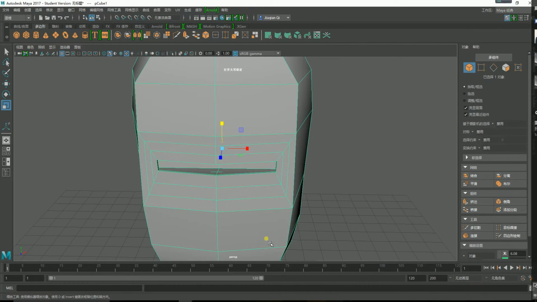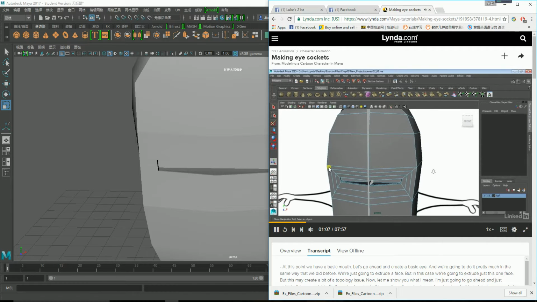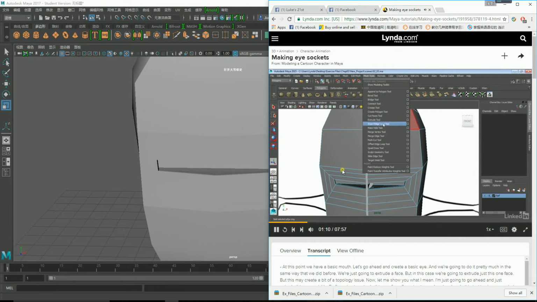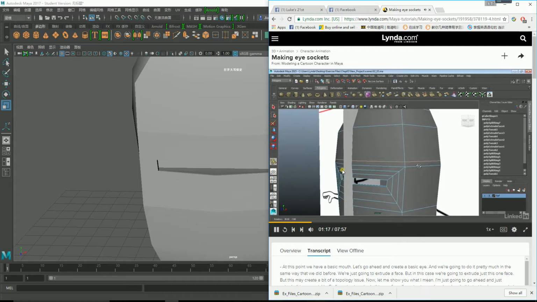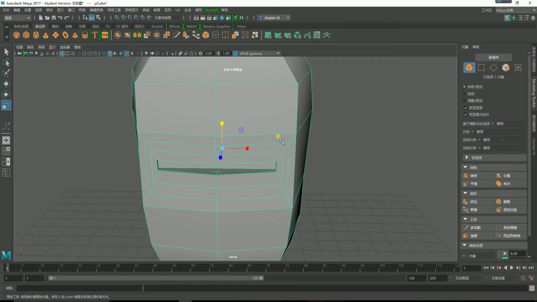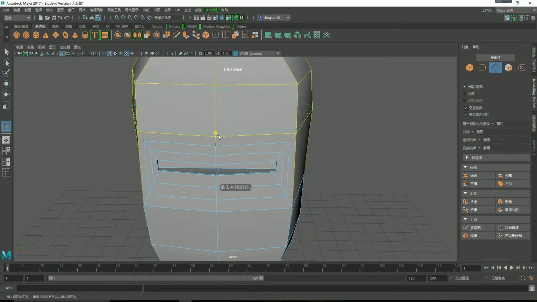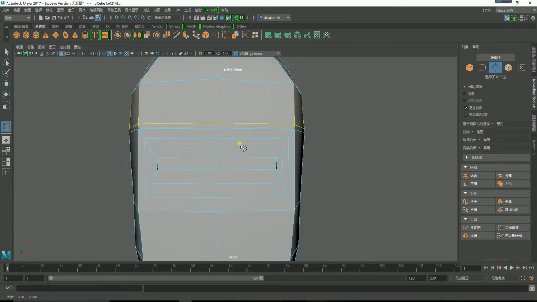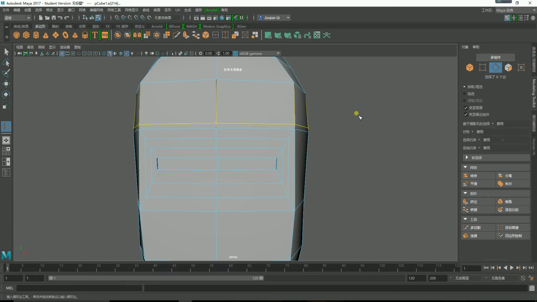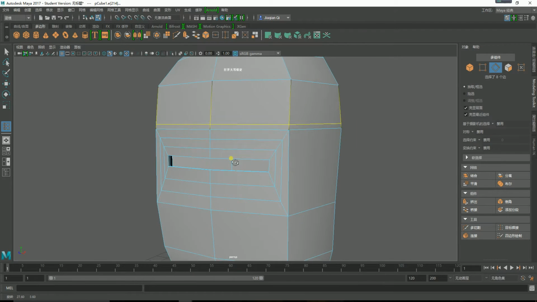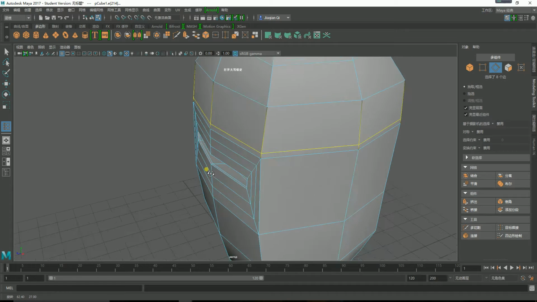Before we extrude the eye, I want to add a little bit of detail. So I'm going to do an insert edge loop, and I'm going to add an edge loop right about there. Just a really tight edge loop, about the same width as these mouth divisions here. This will give me a little bit of space between the mouth and the eyes. And this will do a couple of things. One, it will separate the eyes and the mouth, so when you deform one, you're not affecting the other. And it also gives you a little bit of room in case you wanted to add a nose or some